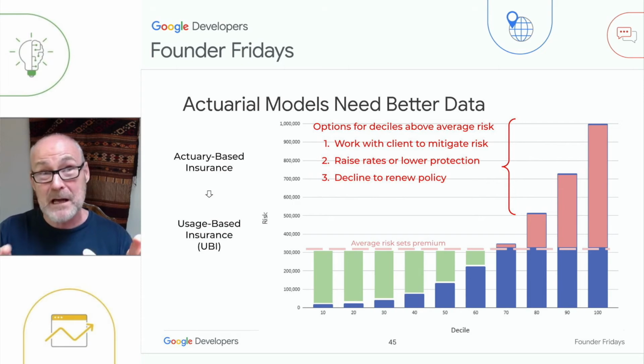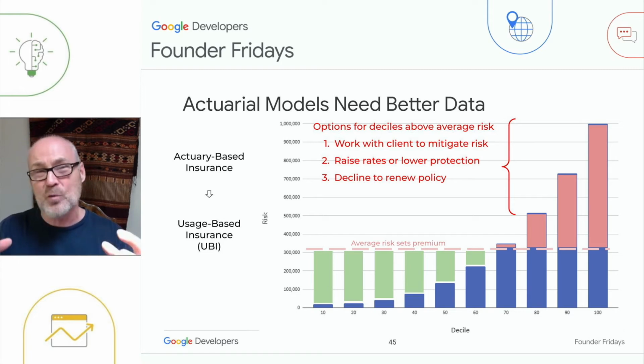The real issue comes with how do you handle customers who have higher than average risk versus lower than average risk? Well, fundamentally, 70 or 80% of your customers are going to get lower premiums, reflecting the fact that they have less risk. 30% of your customers who have higher risk can encounter one of several outcomes. One, ideally, the insurance company is able to work with those clients to mitigate the risk. If the risk is due to overcrowding in a hotel ballroom on Thursday night, then the insurer will work with the hotel to reduce that overcrowding.